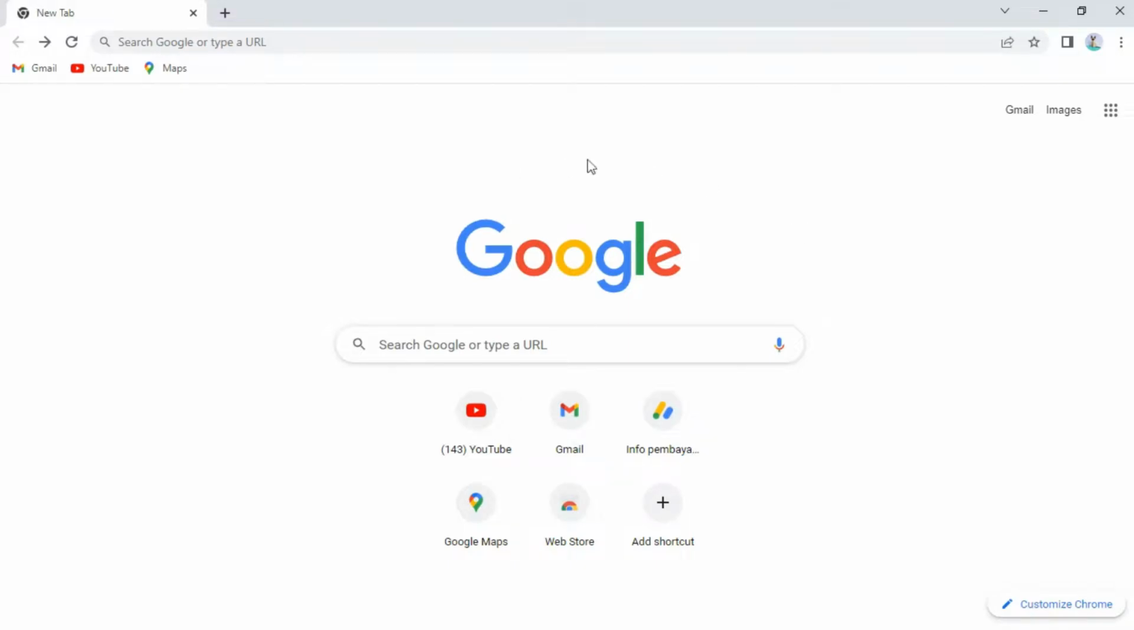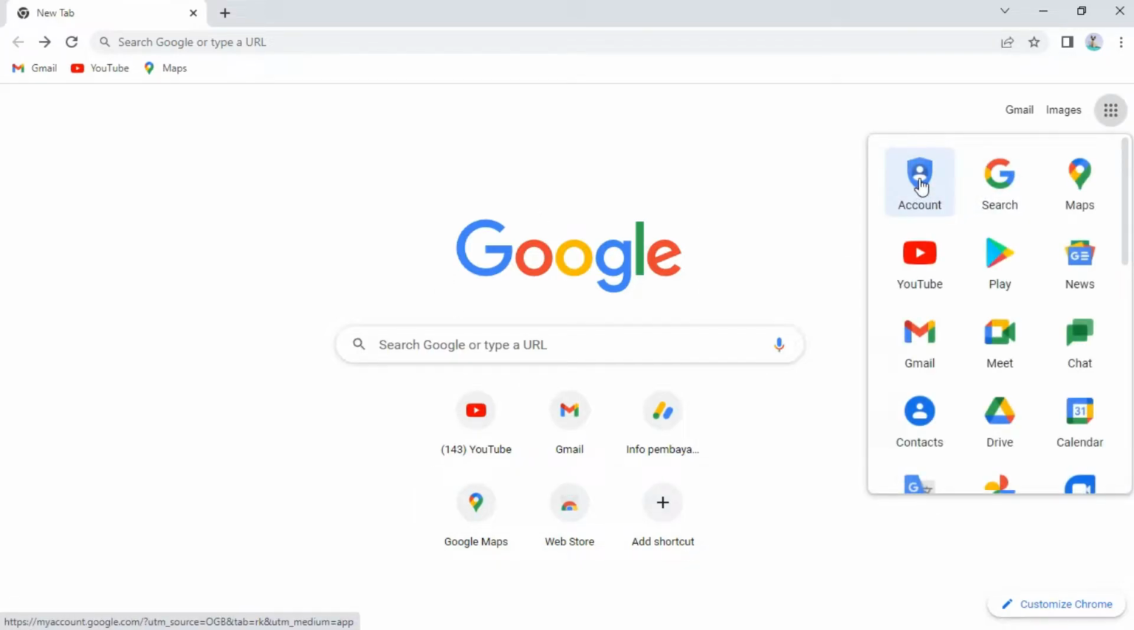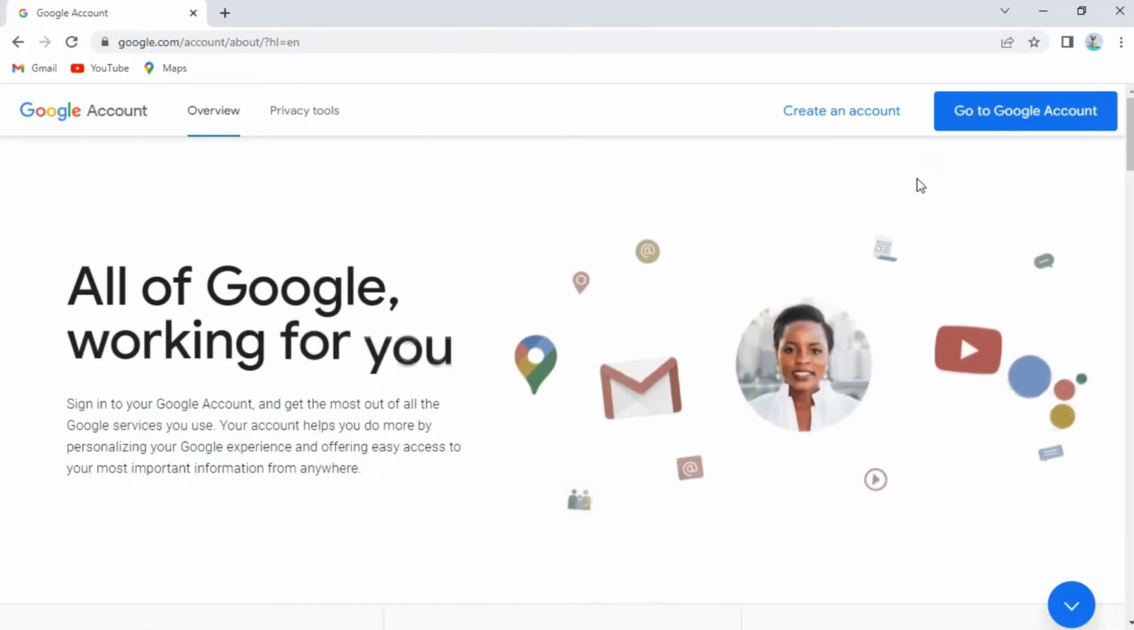Hello everyone, in this video I will show you all how to create a Google account on a computer. Okay, first of all you open the Chrome browser on your PC, then you click here, and click Account. Then you click Create Account,